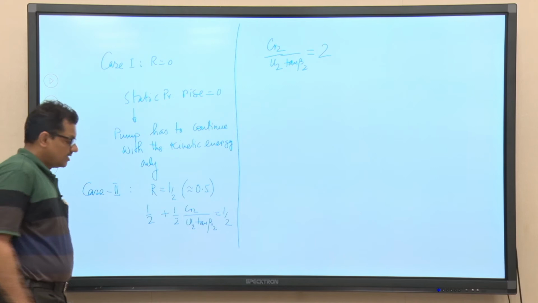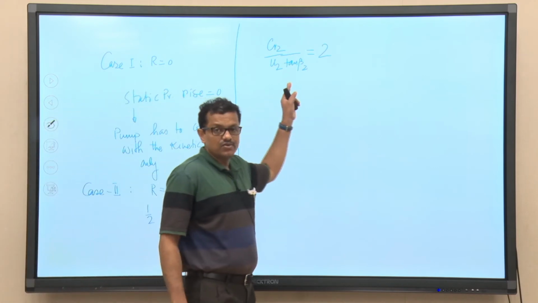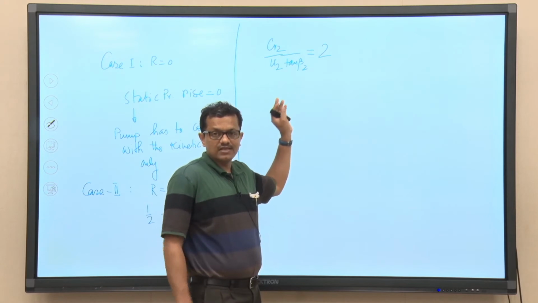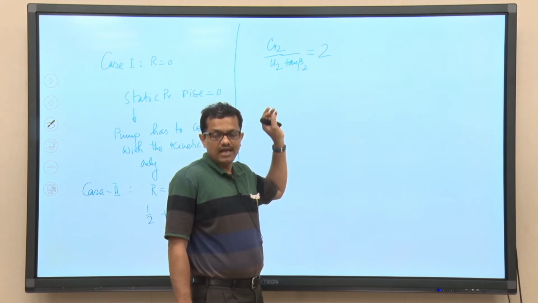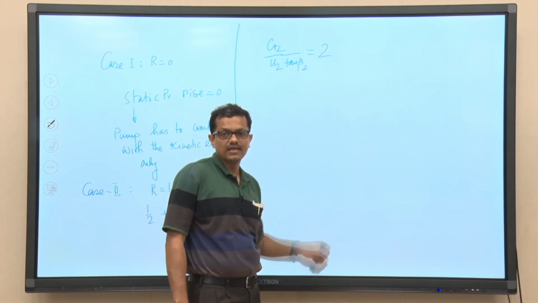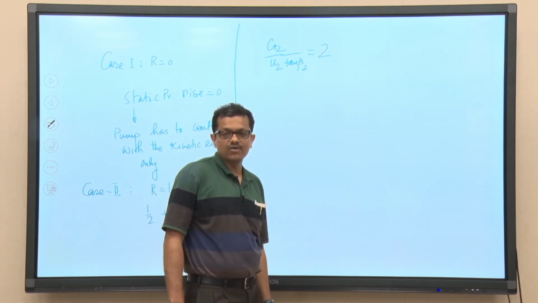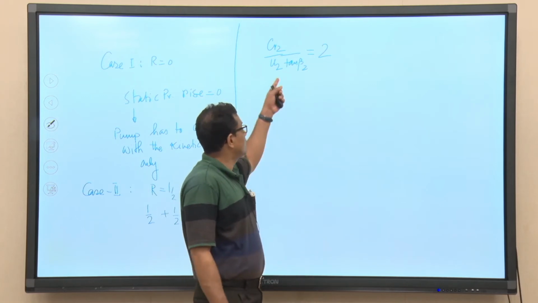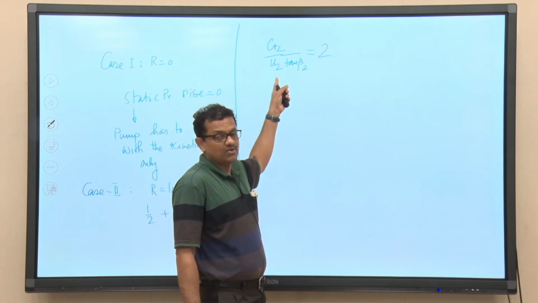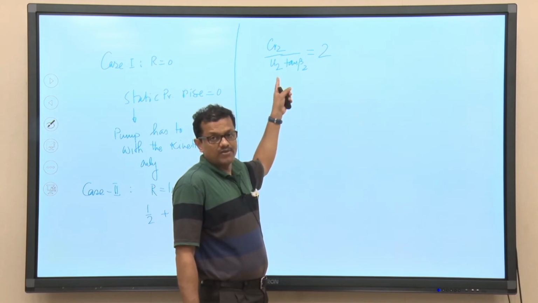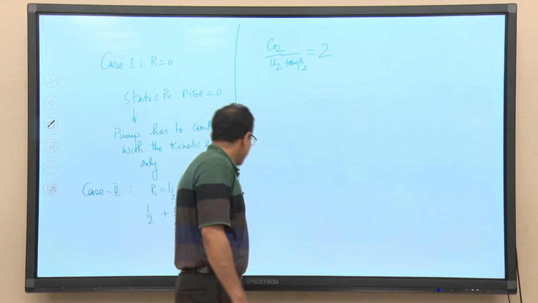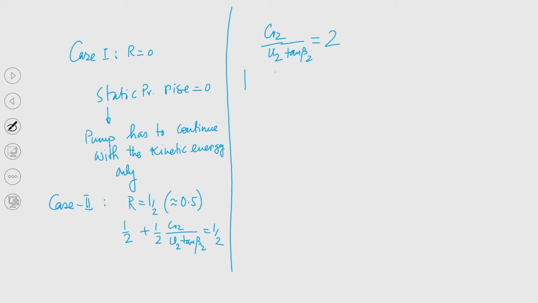Now we can play with beta 2, not U2, because U2 we cannot change. I will be discussing several issues related to pump design. As I said, U2 is fixed for a given RPM. If the diameter of the impeller at the outlet is the same, we cannot have any control on the term U2, but we can alter beta 2 so that the degree of reaction will be half. Now, what is the implication?